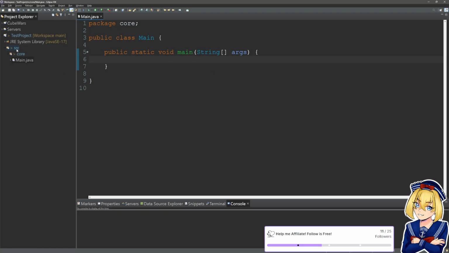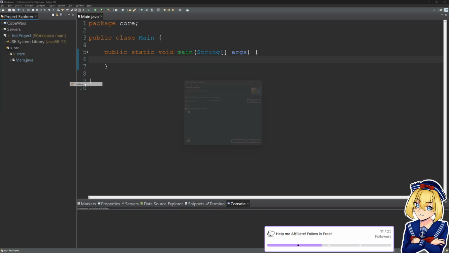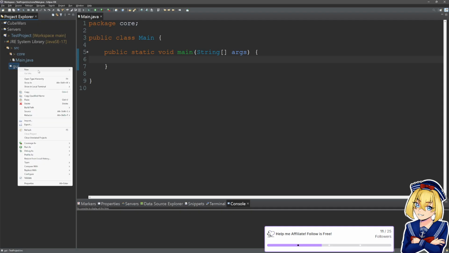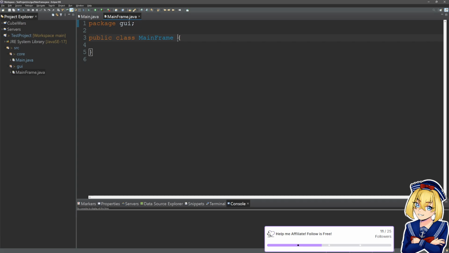Let's go and make a new package called GUI. We're gonna do a very similar setup to what we did for Cube Wars in Java. So we're gonna say a MainFrame here, and that's going to extend JFrame.